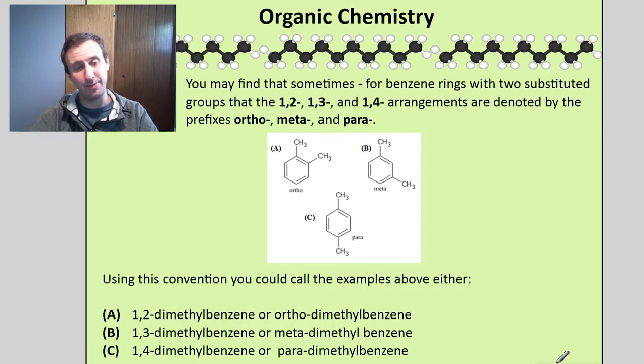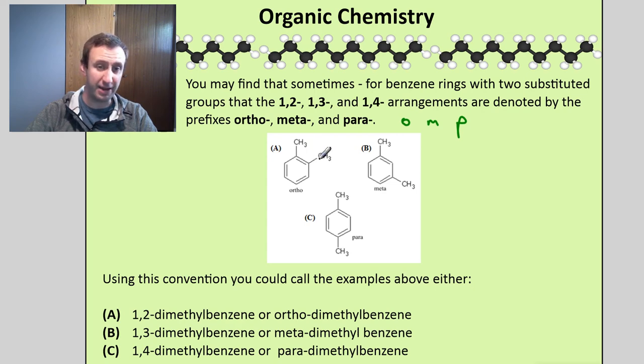There's another way of naming or numbering this stuff, which is kind of a neat way to do it. We're not going to do a ton of this, but you need to be able to read the name and come up with the structure for it, though we don't often do the naming this way. It's ortho, meta, or para, which is sometimes just shown as an O, an M, or a P. What this does is represent, when I have 2 branches that are the same off the benzene, the position of those 2 branches.